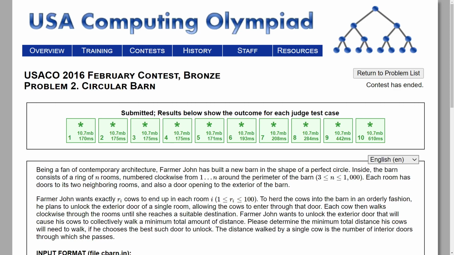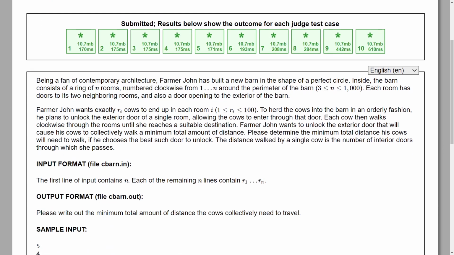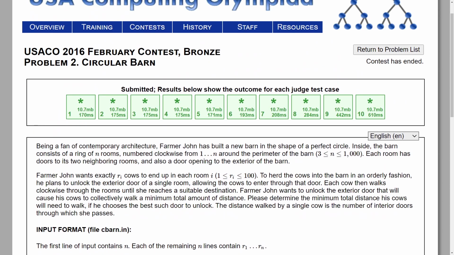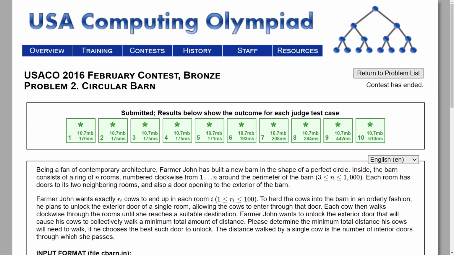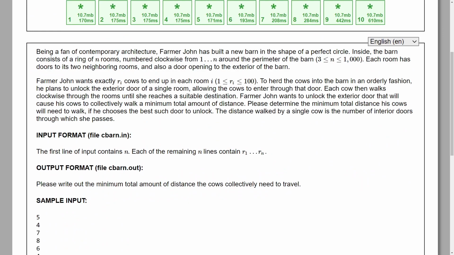Hello guys, I'll be showing this problem called Circular Barn. I just finished solving it. It's part of the 2016 February Bronze Contest for USACO. This is a simulation problem. If you have not been able to solve this problem, or this is your first time, I'll be walking